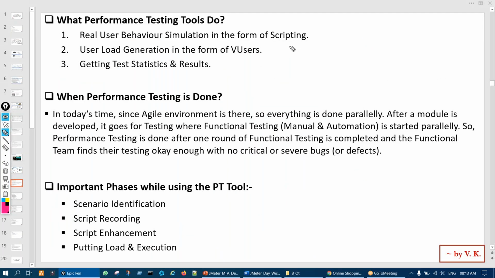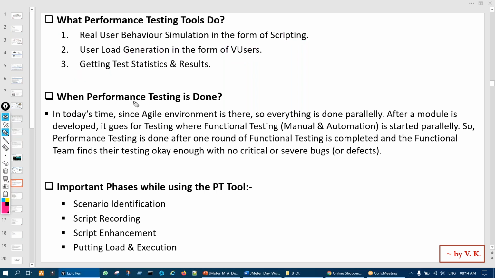So what does a performance testing tool do? They simulate the real user behavior in the form of scripting. Then they put the load on the system in terms of virtual users, and then they get the statistics. Statistics means the results, performance results. So these three things a performance testing tool does.